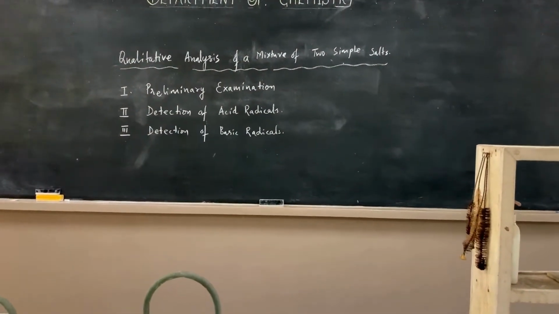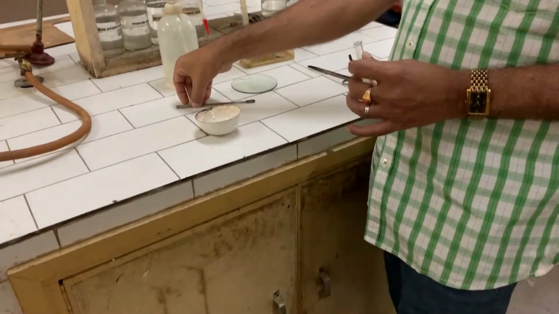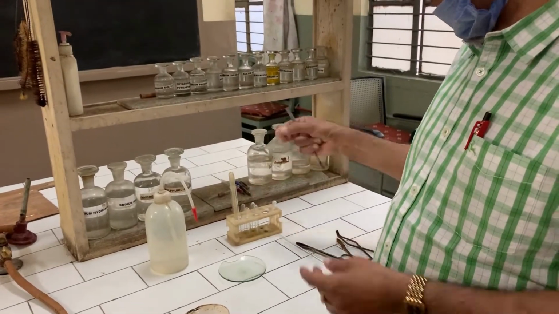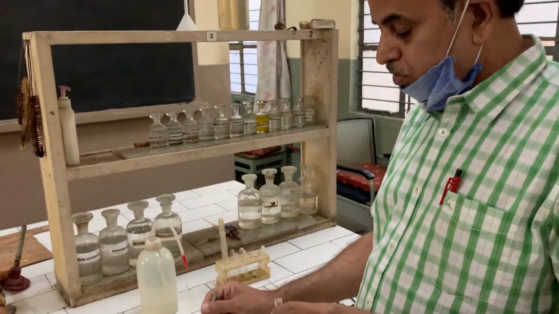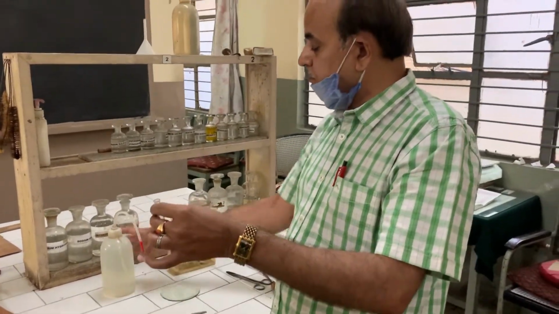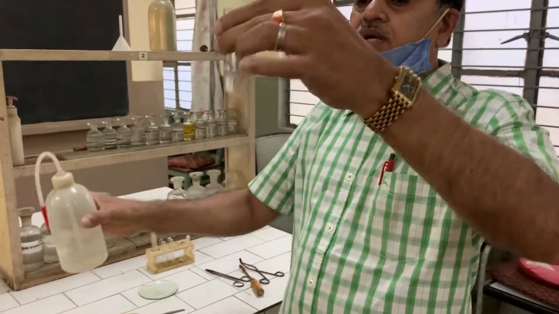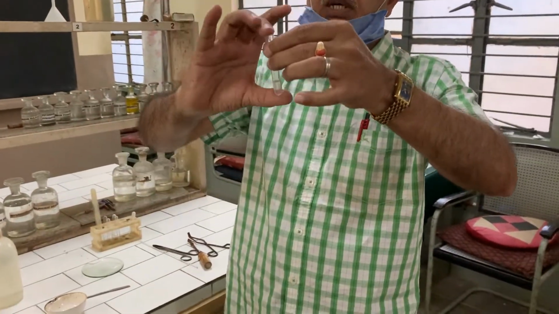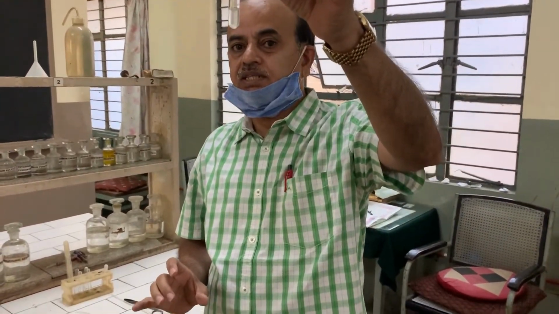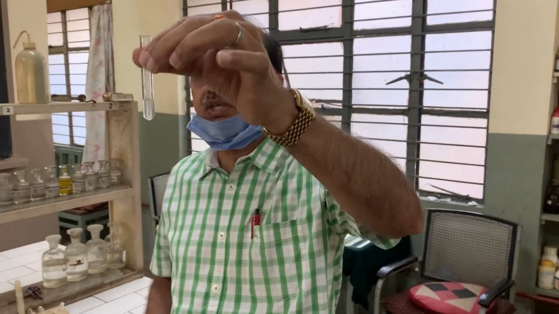First test is color. Next, the second one is we need to prepare a solution of this, that is, in which solvent it will be soluble. We need to check that. In order to check that, I take a clean test tube, take a pinch of this salt, and first try to mix it in water. Now I have taken the salt, added water, and I will shake it thoroughly. If it becomes a clear, transparent solution, it means that the mixture is soluble in